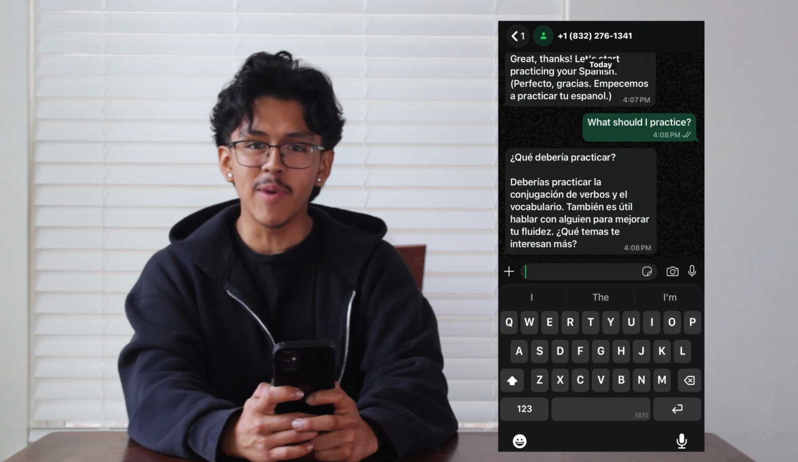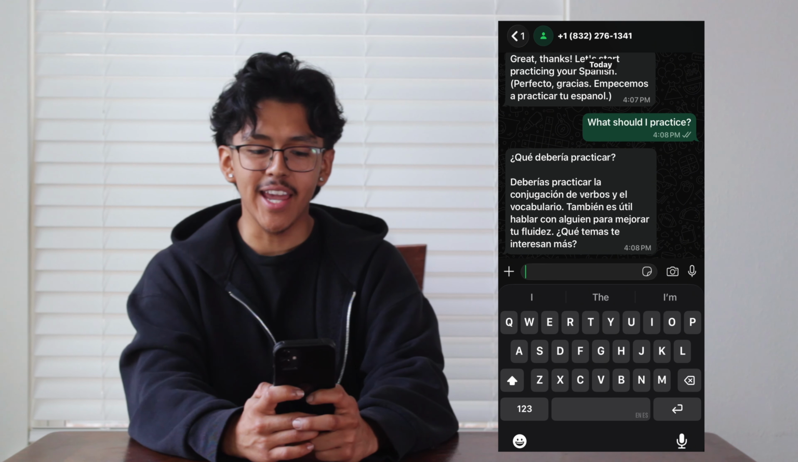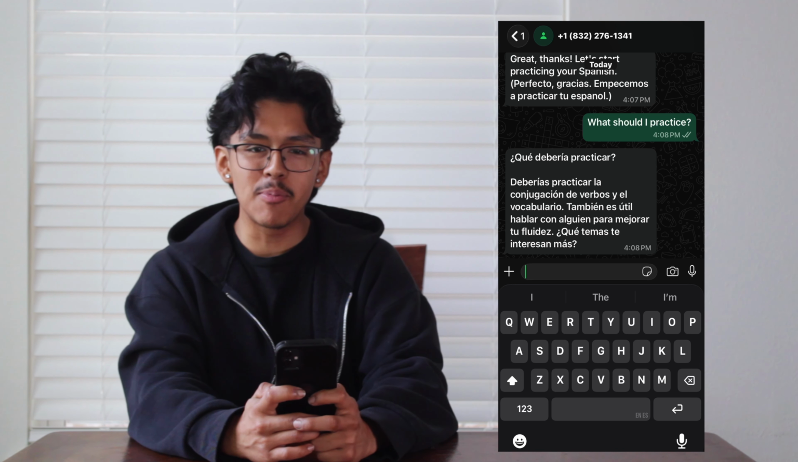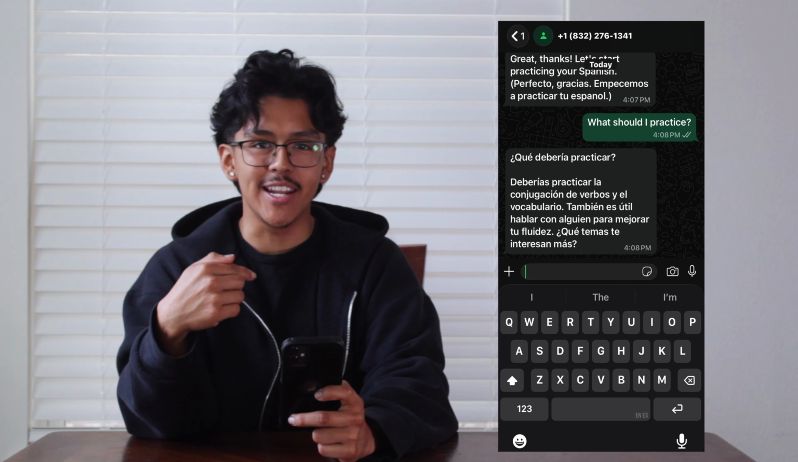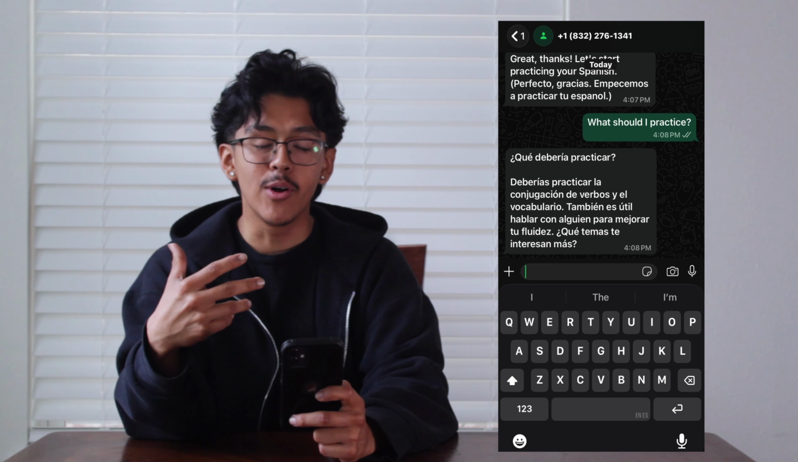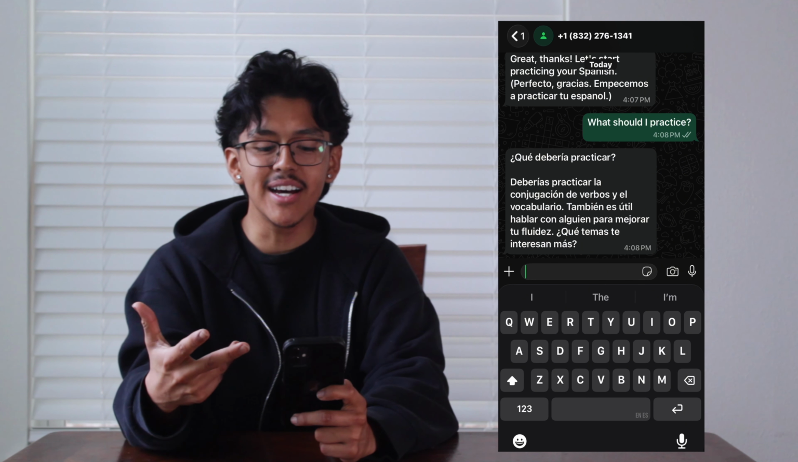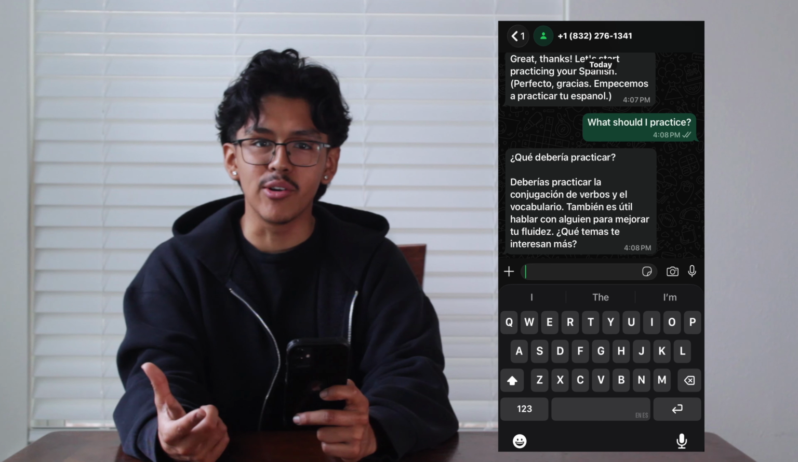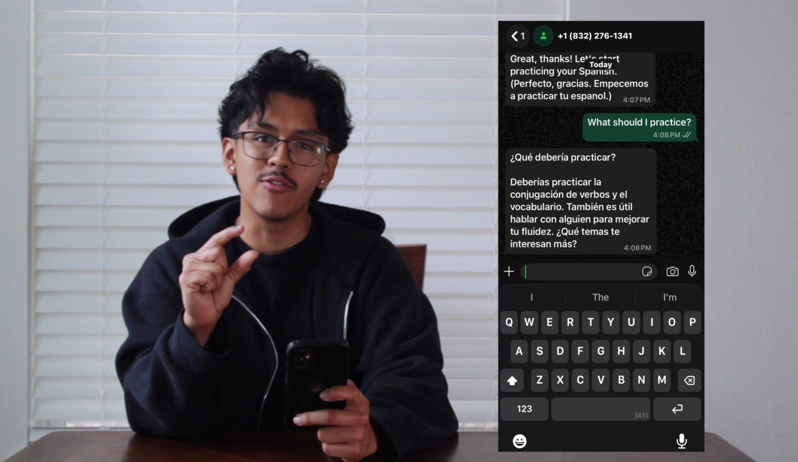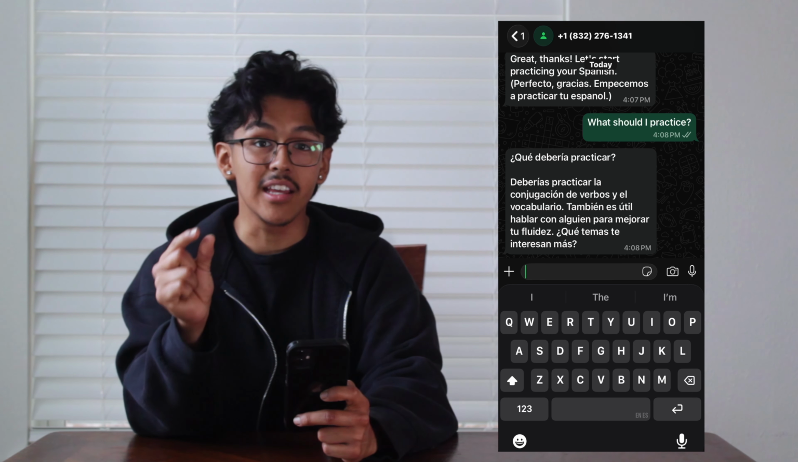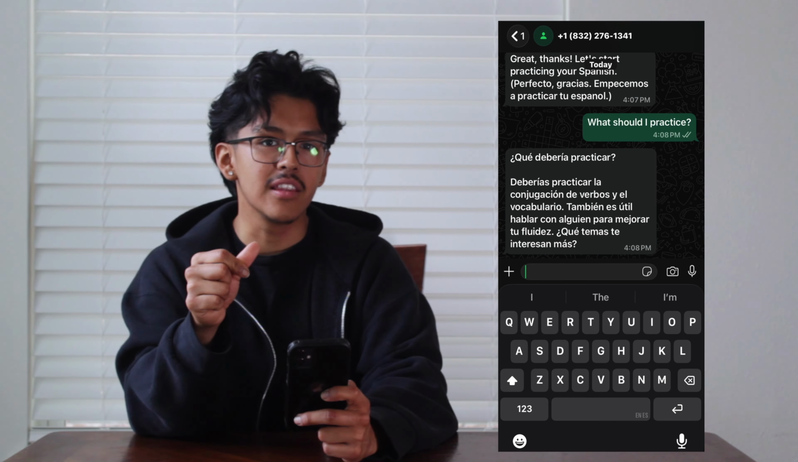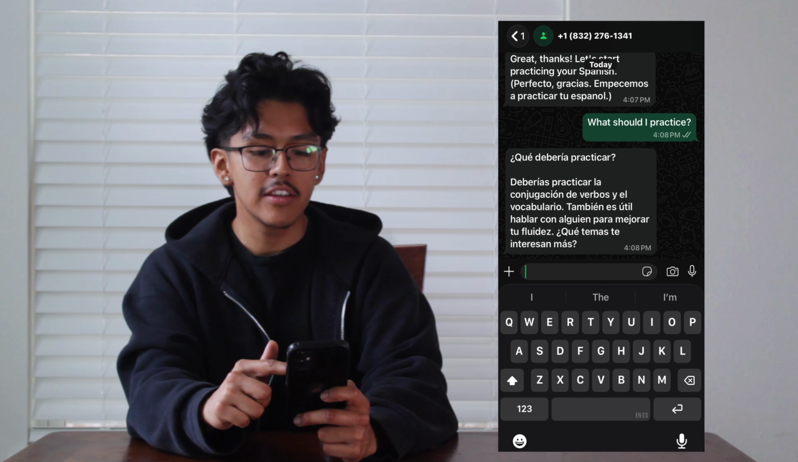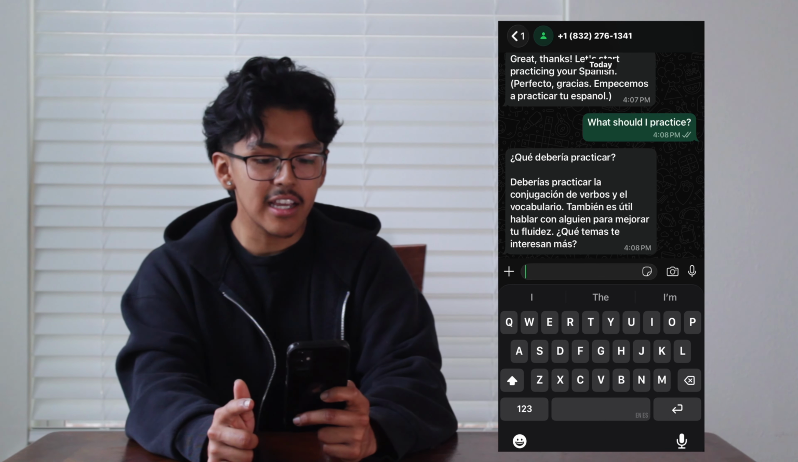Oh, and in this message, you can see in the first line, it's que debería practicar. It's just a simple translation of what I said in English. So in this program, what it does is if you speak to it in English, it'll first give you a translation of what you said in English to Spanish in the AI chatbot's response. So that's what that first line is. The second line is, deberías practicar la